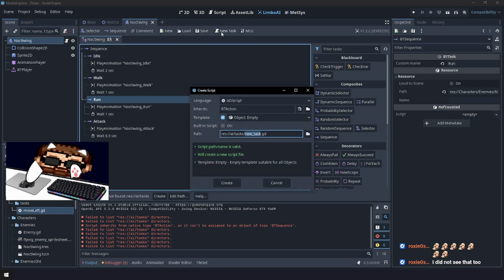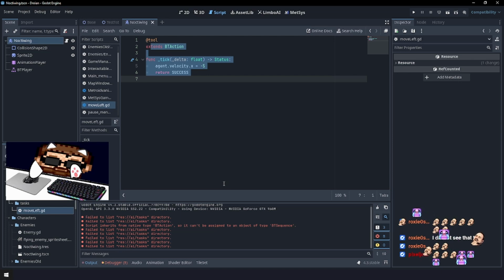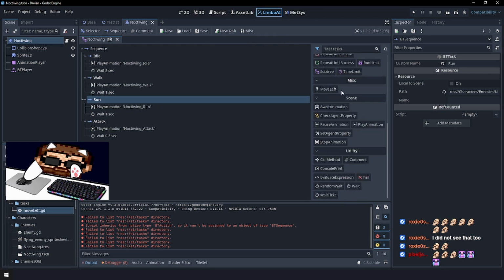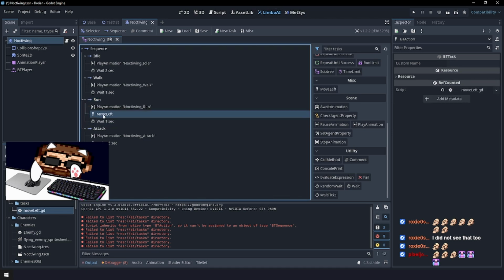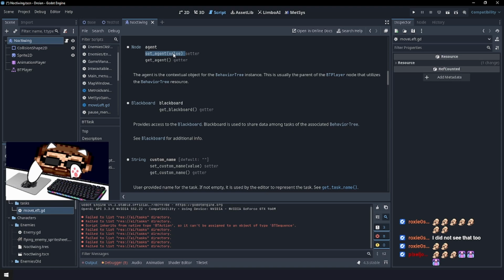And in this new task, why not call it move left? File exists, it will be reused. Yes, load please. Yes, and now I want to go there again. And the new task has been created. So I want to use it. How does one do that? There's that. Move left. If we open the script, it applies x -5 to the velocity of the agent, which I assume is the...